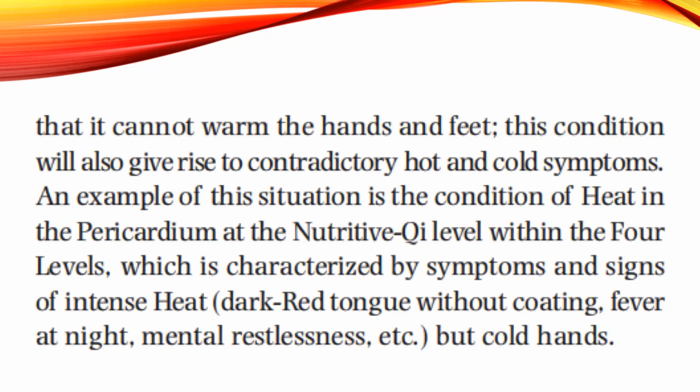An example of this situation is the condition of heat in the pericardium at the nutritive chi level within the 4 levels, which is characterized by symptoms and signs of intense heat. Pag tinignan po ninyo yung dila ay dark red without coating. Yun po yung sobrang init na, no? Dark red. Tapos meron po siyang lagnat sa gabi at mental restlessness. But cold hands,